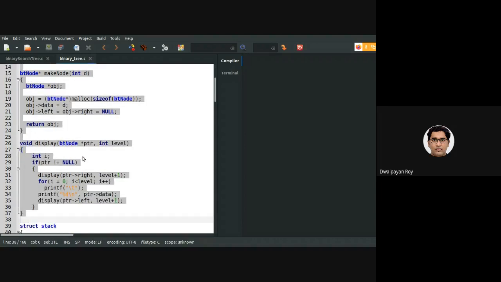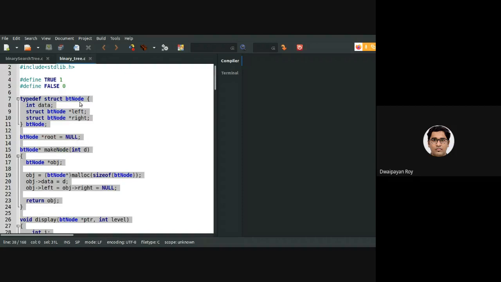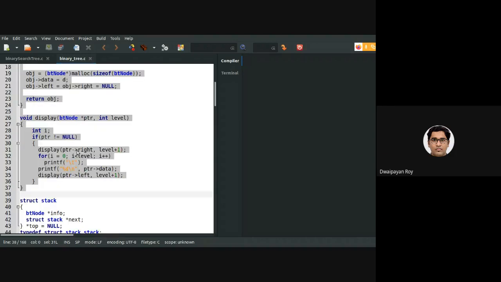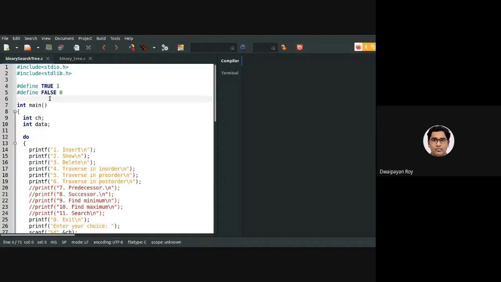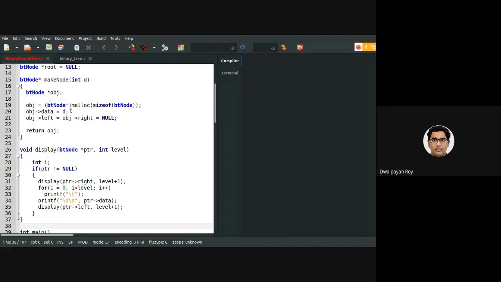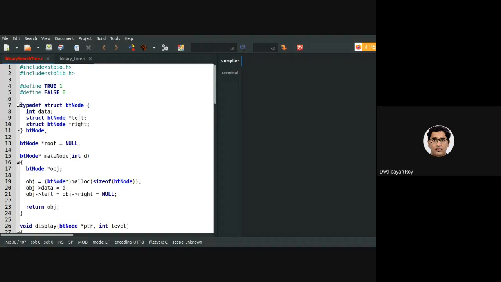So these three, the structure BT node, the make node function, and the display function, we can copy from the binary tree code to our binary search tree code. This same BT node will be used here as well.